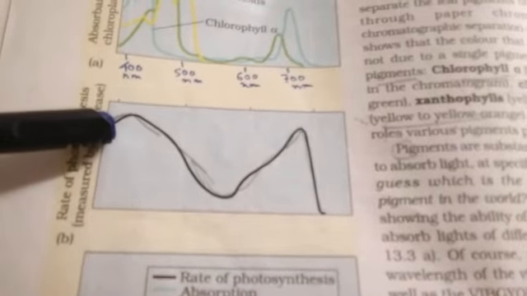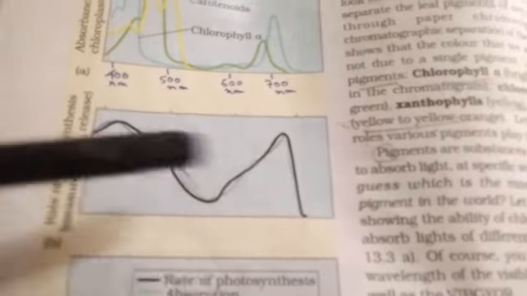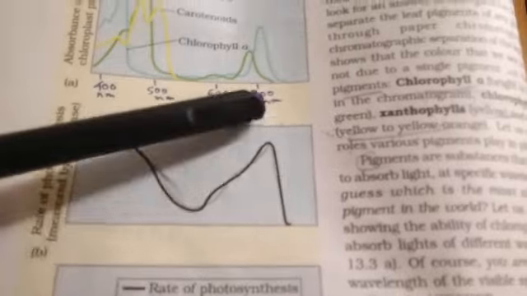And now this is the action spectra. Action spectra means the light spectrum at which we get the maximum rate of photosynthesis. So this is the particular light spectrum where we get maximum rate of photosynthesis. You can see here, you can match there, clear? So if we look at the structures, this is the action spectra where we get maximum rate of photosynthesis, and this is the absorption spectra of chlorophyll A, which are coinciding, clear? Chlorophyll A being the main reaction center, the action spectra coincides with the absorption spectra of chlorophyll A.